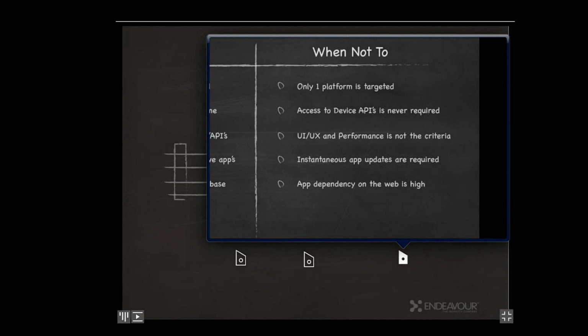Or when you don't need any access to APIs or device integration, probably you would have considered the web application as well. Or when your criteria of performance and UX, UI is far lesser compared to the one that we discussed earlier for native applications, probably this is something that needs to be considered. Again, native applications and hybrid applications, as far as app discoverability and the feel-good factor of download, install, and uninstall use cases are concerned, are pretty much the same.